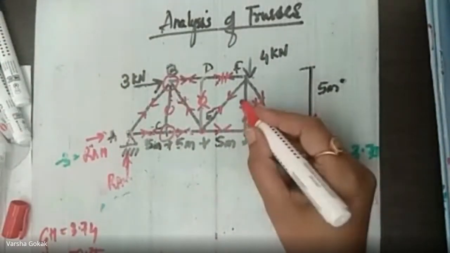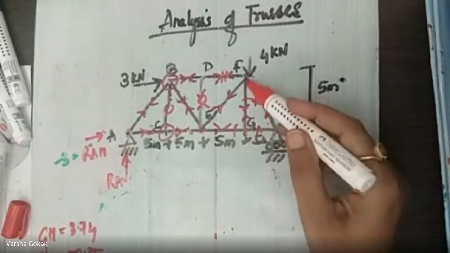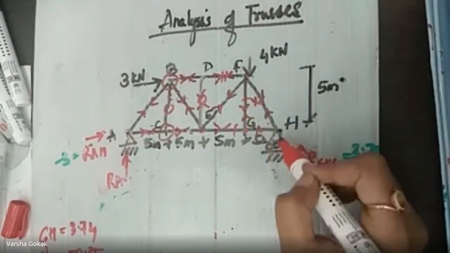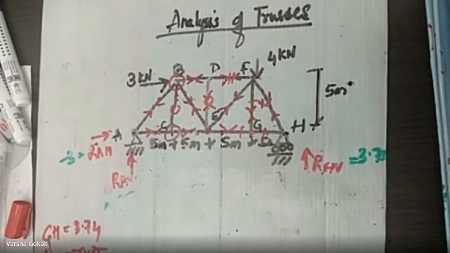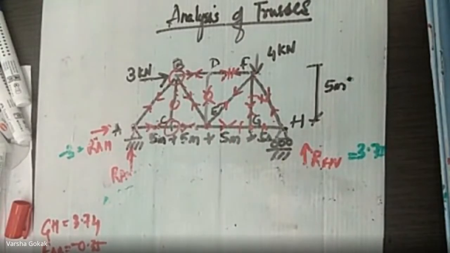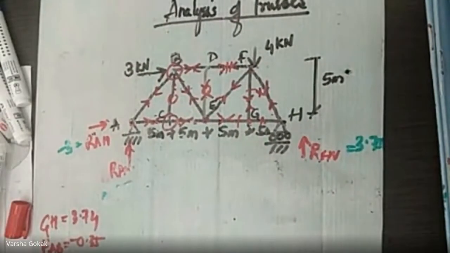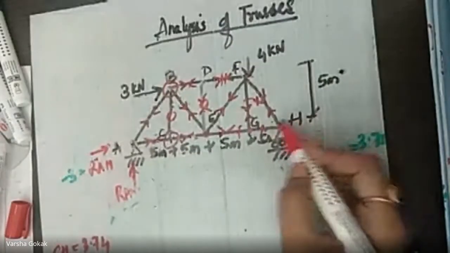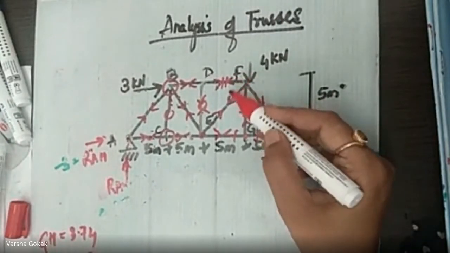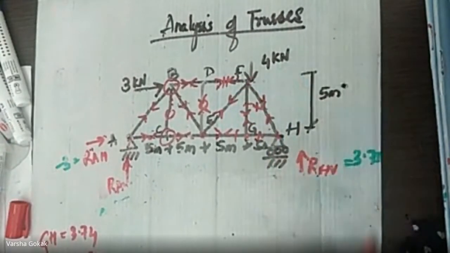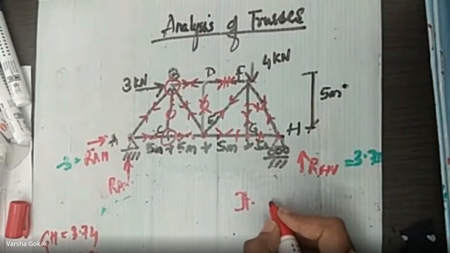After joint G, now look at the figure. I did joint G, okay? I have all these three values. Should I go to F or should I go to H? I need only this now. Both will fetch me answers, but which would be beneficial? Less number of steps. H. Why? Because when I do joint H, only these two I'll show. But if I go to joint F, I have to show 1, 2, 3, 4 to get this force, right? So we will take joint H.